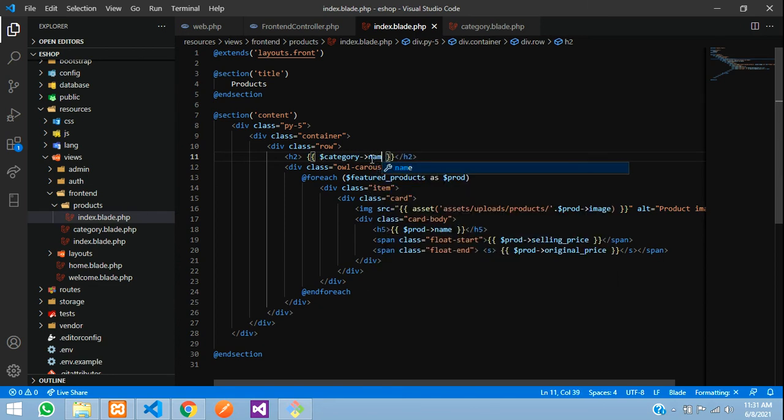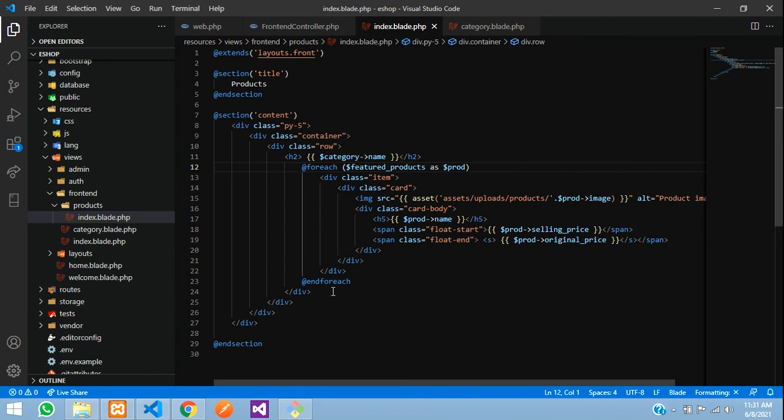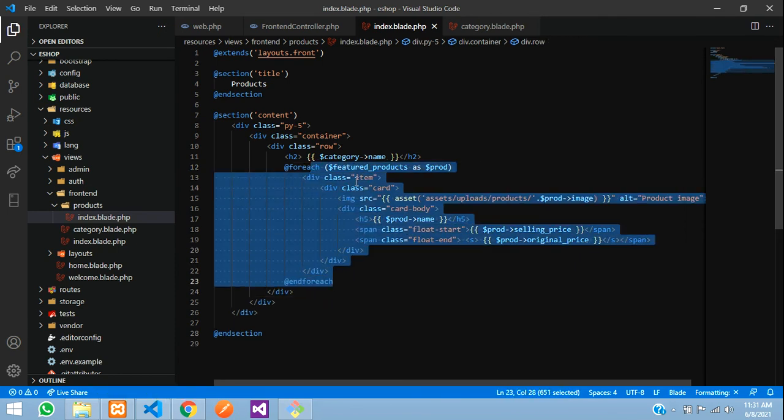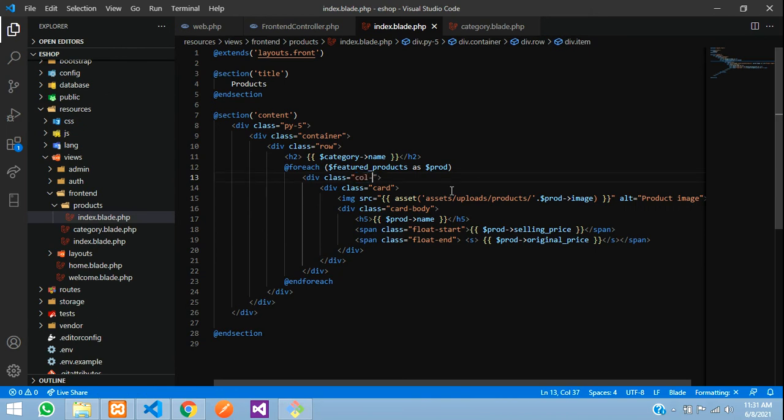of name, save, and this owl carousel thing, right, we don't require here, so I'll just remove the whole div over here, remove, and instead of this item we are going to say column MD3 margin bottom 3, save, and this thing will be perfect.